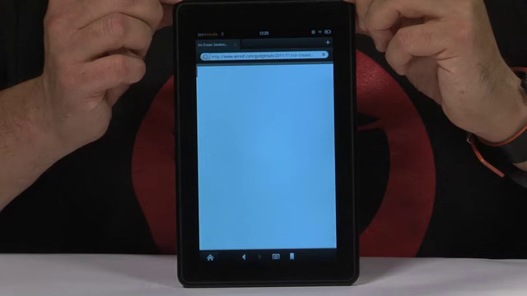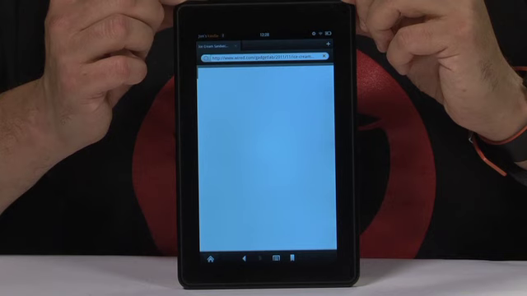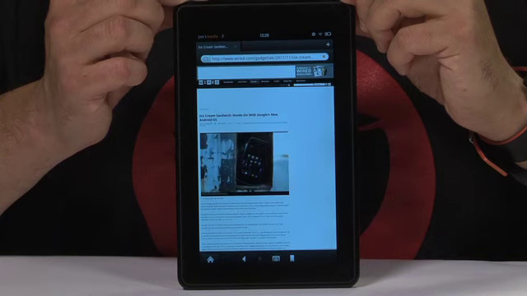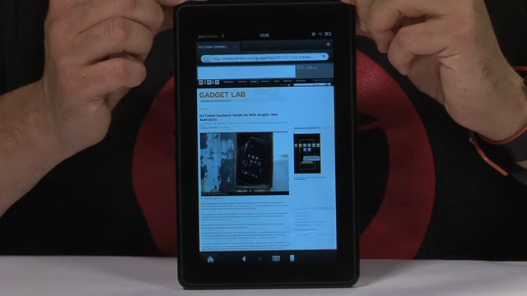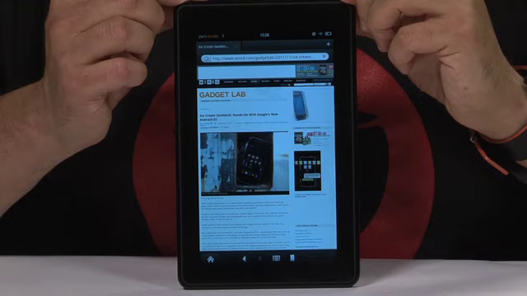But when you go to a web page, it loads really, really slowly. And adding insult to injury, when you swipe up, down, squeeze in, squeeze out, that's slow too. So I'm asking myself, this device, while it costs $200, and it really is a great bargain, if it can't deliver a good web experience, which is the number one thing people do on tablets,